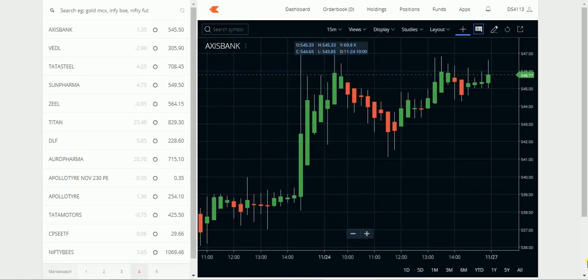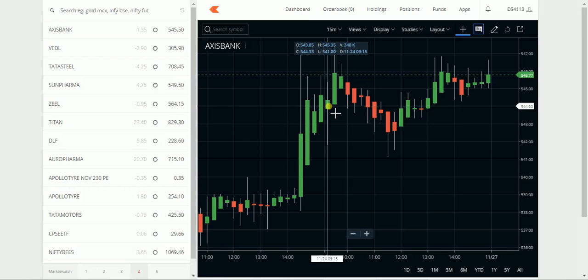So welcome back. In my last video we discussed when to buy and when to sell, and what candle and what time period we are going to look at every day. Now suppose I take the 24th of November candle of Axis Bank at 9:15. Here this is the level. We have an open of 543 and a close of